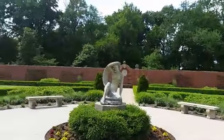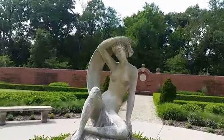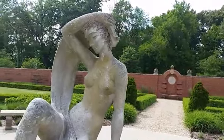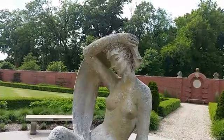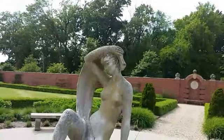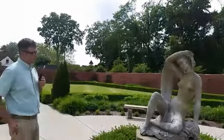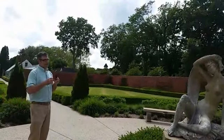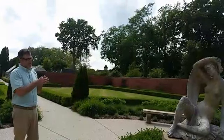You'll come here to the middle of the brick wall garden, and this is actually the last piece of sculpture that was brought to the park. This is the lady in the scarf sculpture, and he brought this to the park in 1942. He found it at an art fair in Chicago. It was redone in the late 80s, early 90s, but it's a wire mesh mold, and then sand silica cement was troweled on the wire mesh mold. We have to cover her to help with the water infiltration during the winter. So if you're out here during the colder months of the year, she might have a tarp cover over her, and that's just to help keep the